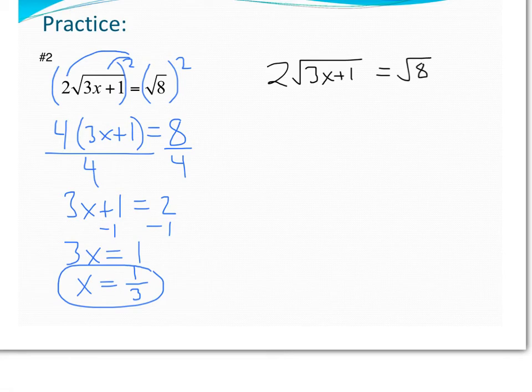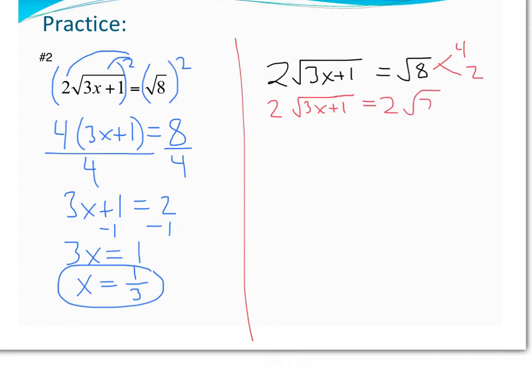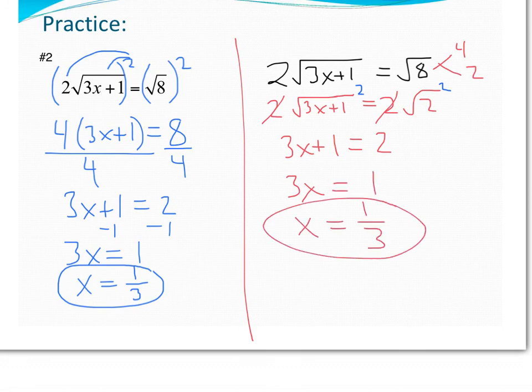Now, most of you might not have noticed this, but it is still kind of cool to look at. If I have 2 times the square root of 3x plus 1 equals, and if I simplify the square root of 8, that breaks down to 4 and 2, so I get 2 root 2. Well, what can I do with these 2's? Cancel. Now I can just square both sides without those 2's there, and I'm left with 3x plus 1 equals 2. Subtract the 1. Oh yeah, now it's looking familiar, and I get x equals 1/3 when I divide by 3. Look at that. Same answer,